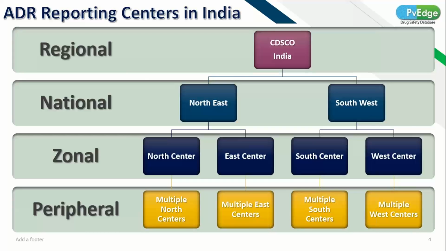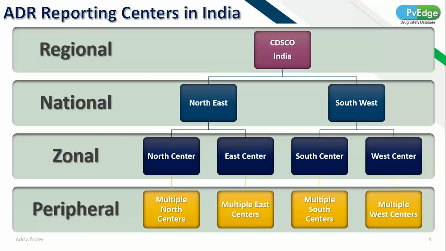The national reporting centers are there, which were established at Northeast and Southwest. For Northeast, AIIMS is there, which is already a national entity responsible for major PV activities in India. In the Southwest, certain other major organizations are involved in the national centers. In the case of zonal and peripheral centers, there are North centers, East centers, South centers, and West centers, with corresponding centers